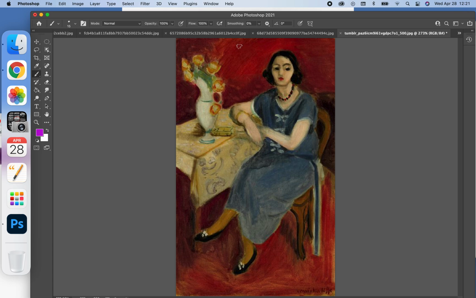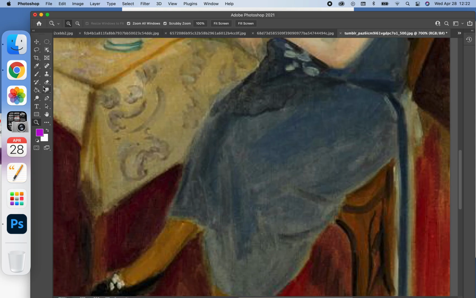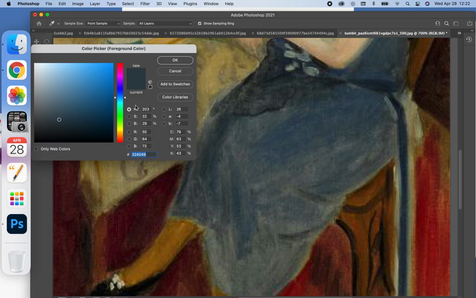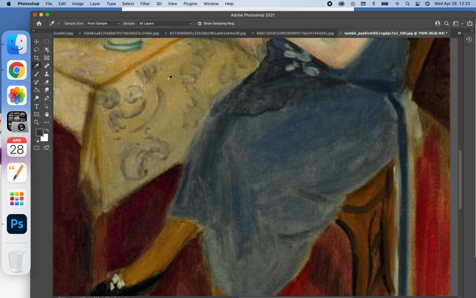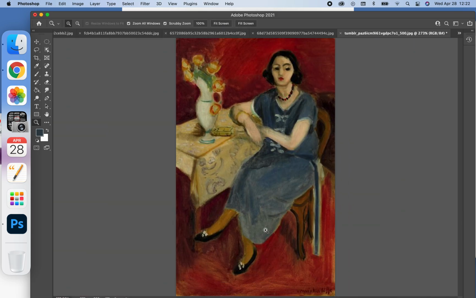So he has this bright azure. He has this intense cadmium red, which he does use throughout the painting. So it's here, and it's here, and it's here, and it's here. So cadmium red throughout. So I'm just analyzing the color. This blue. Now I want to say it's a cobalt blue. Well, there's one way to prove what kind of blue it is. Let's see. Yeah, that's a cobalt blue. So, all right, so he has his cad red, I believe it is, and he has his cobalt blue,